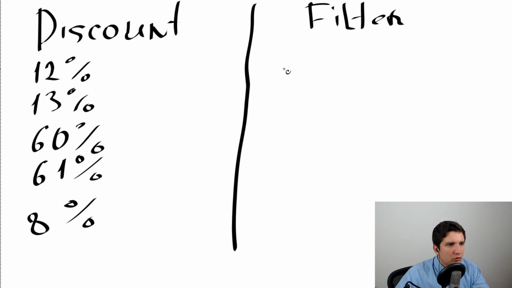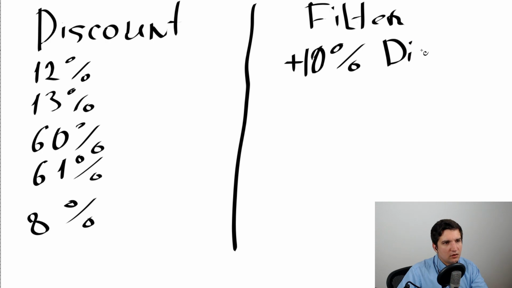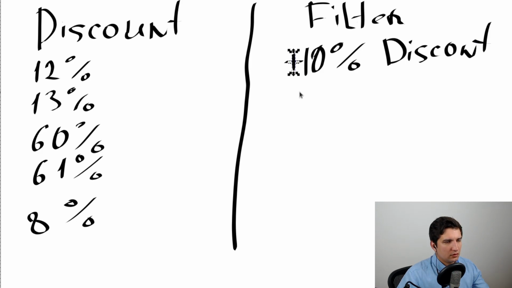And what he wanted to show in layered navigation was, let's say, 10% discount, all the products that are in a range from 10,